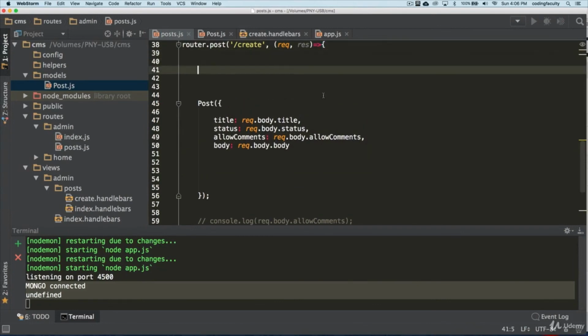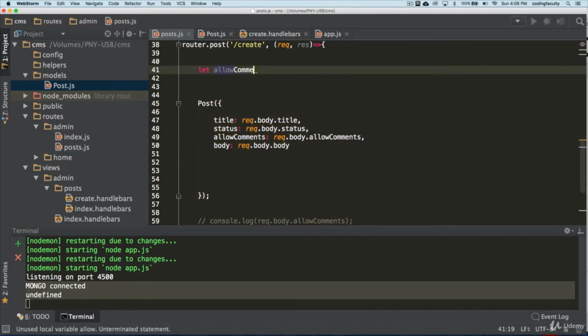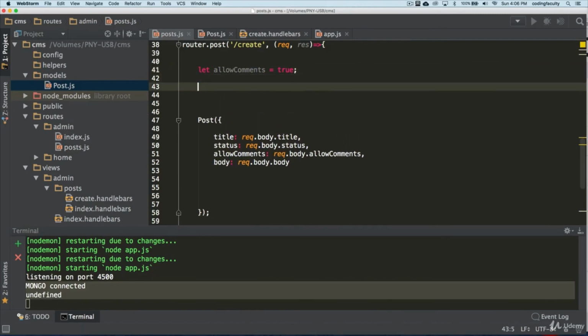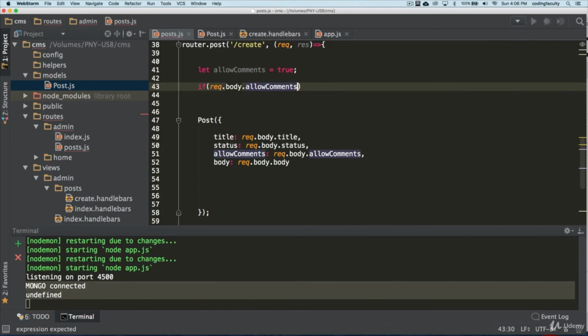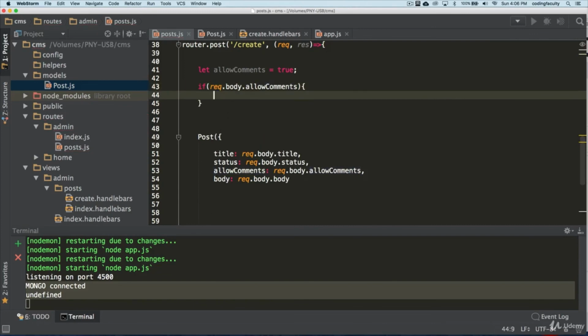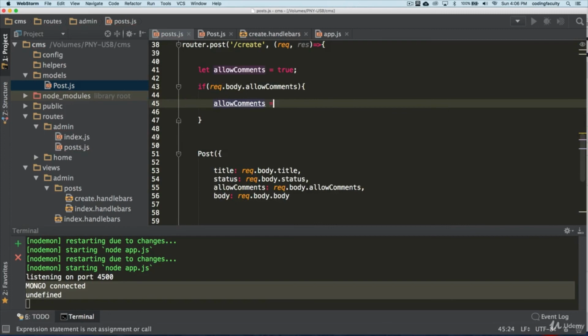Okay, so let's initialize some type of variable here called allow comments. Okay, and I'm going to set this to true by default. But I'm going to create some type of condition here just to change that a little bit. So if the body allow comments is available, then we are going to make sure that this is true.